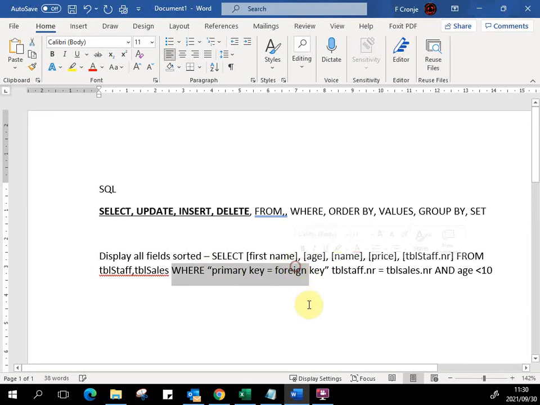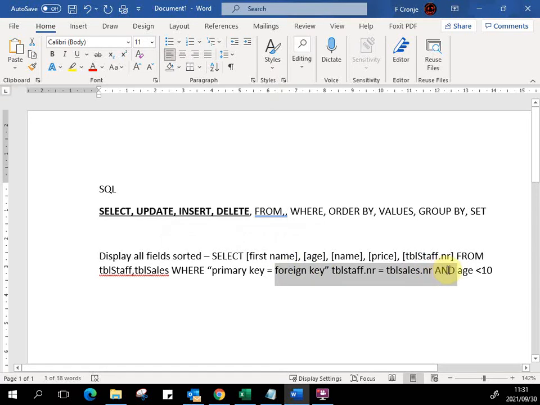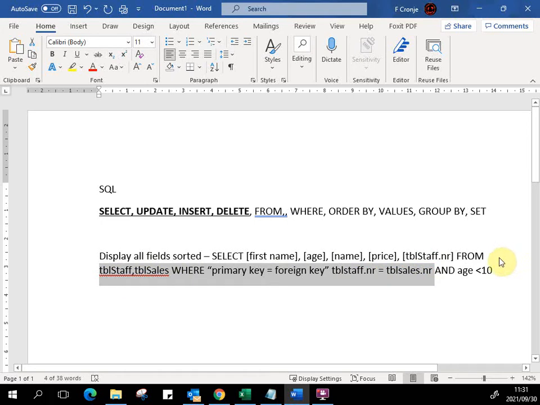So it's your first one. Why I say first one? It doesn't need to be the first one, but it's just better. As soon as you do two tables in the from part, know that you will need your primary key equals foreign key. Once you've got two tables there, you must have this. So put it first, and you don't need to worry about forgetting it. Normally there's between 1 or 2 marks for indicating that, and then there's between 1 or 2 marks for indicating this part. So for just realizing that the SQL is two tables and saying that, normally that part already gives you about 4 marks